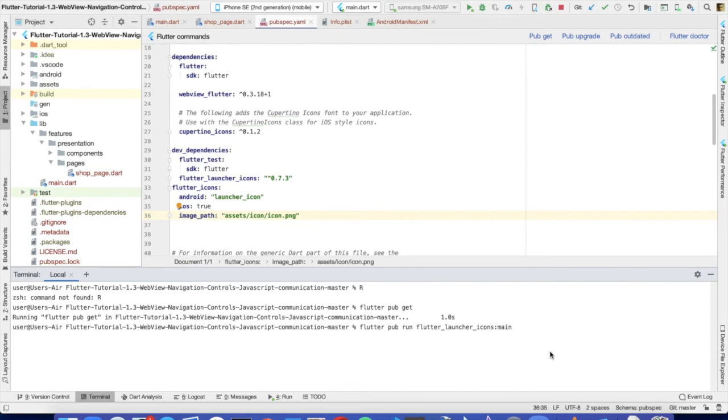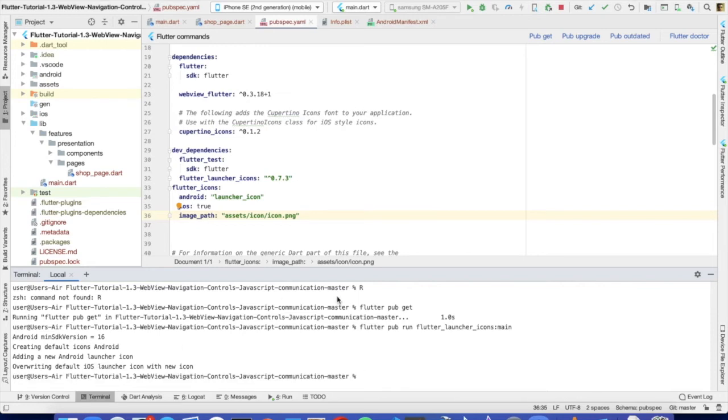Now please quickly compile this one. Added a new launcher icon. Okay,